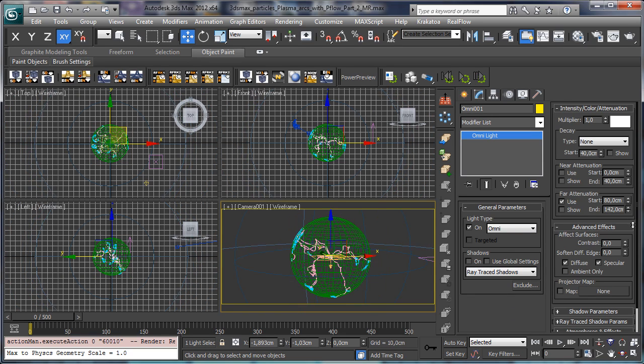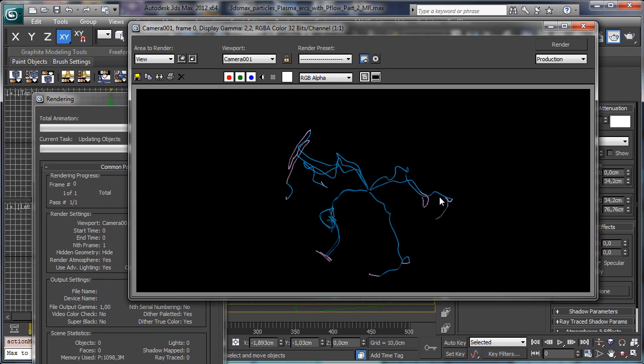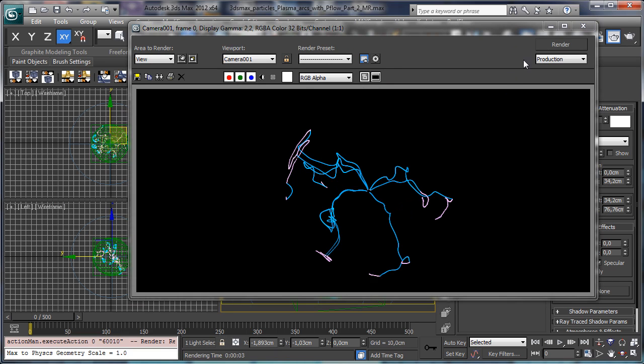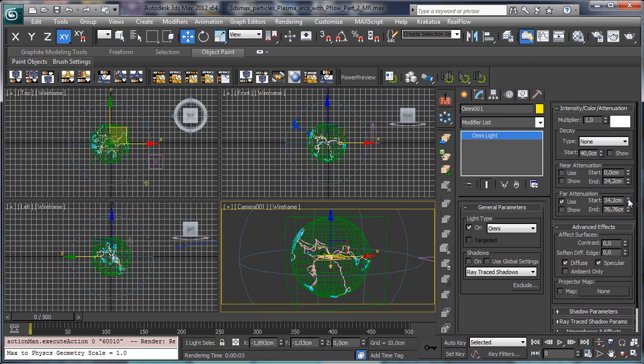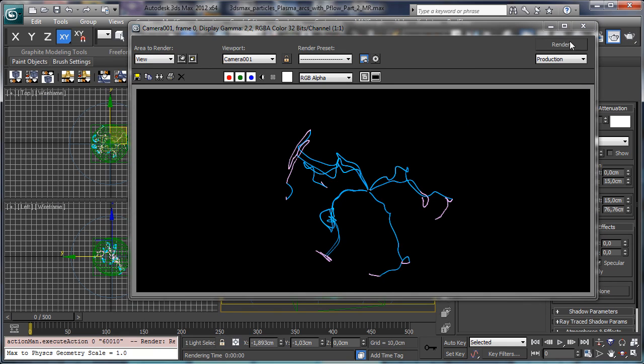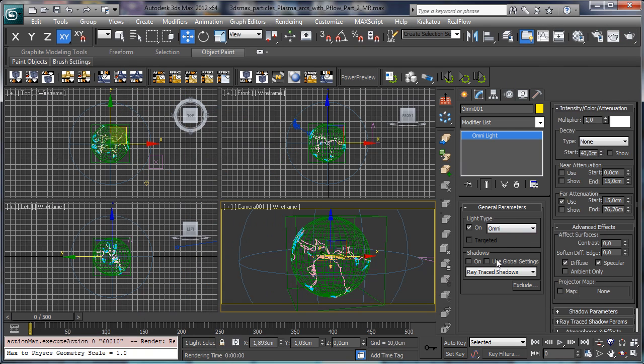Let's say that we have attenuation there, and we have the start attenuation maybe there. Let's see what happened. You see that we have more light. Let's go to have less space there. Okay, and